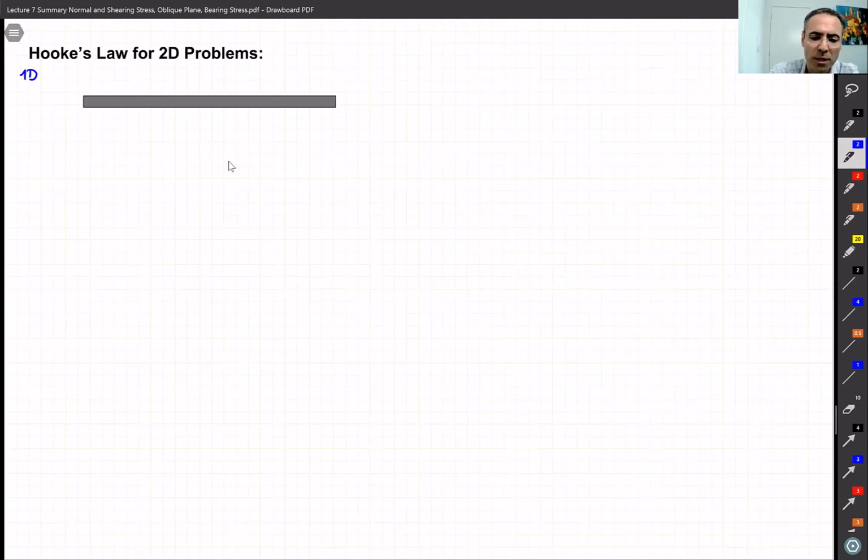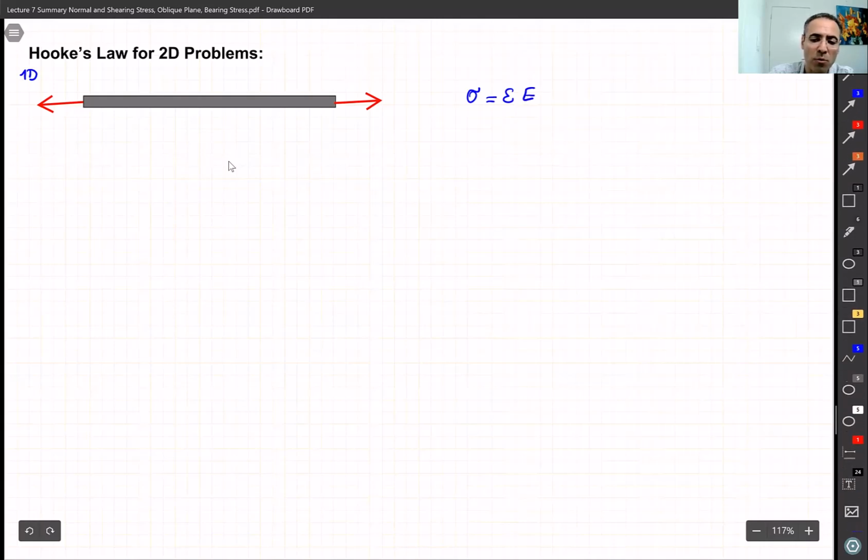So in a 1D problem, if you apply an axial load, there is going to be a stress and a strain, and there is a relation between stress and strain, which we simply said sigma is epsilon E. And this is what we call Hooke's law for